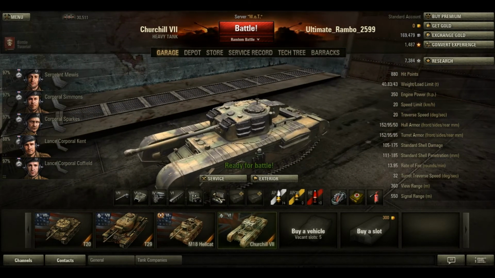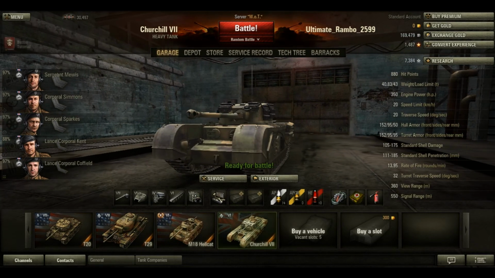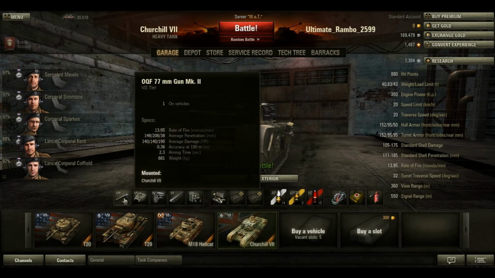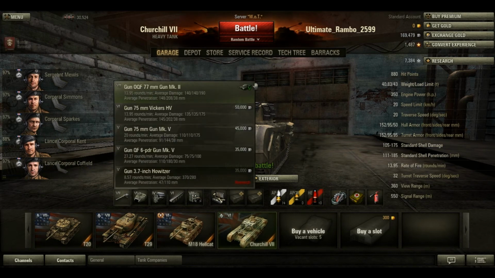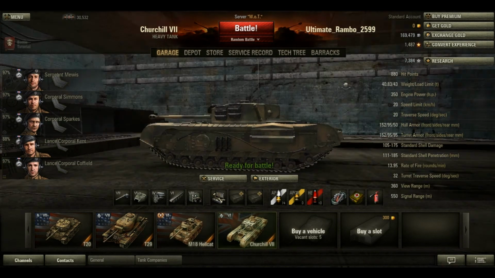And as for the gun, I'm not going to complain about the gun. I wish it had more alpha damage, but as it is, it's one of those rapid-fire, accurate, high-pen British guns. Okay, maybe it doesn't have the best pen, and I don't see how it's that much better than the 75mm high velocity, which was on the Churchill and the Cromwell. But it is. It's got a higher alpha damage. It's got a marginally higher penetration, and everything else is the same, pretty much. Aiming time, aiming, rounds per minute,